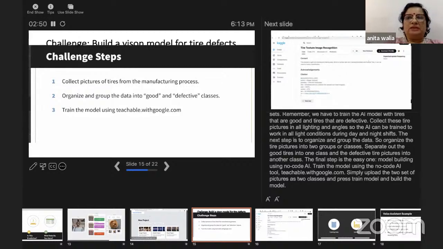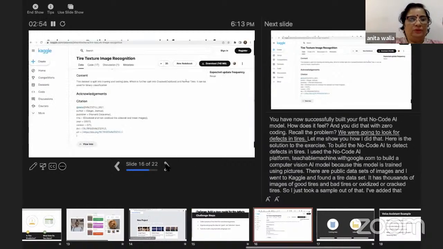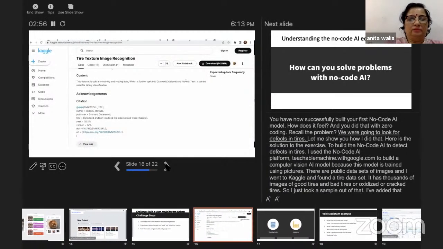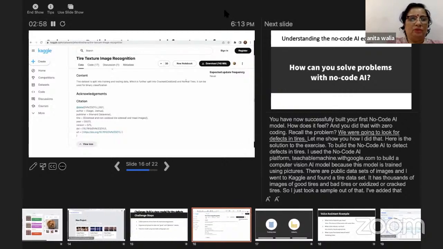So there are certain sites which can help you with these data sets. Students, you can make a note of it. There's a site called Kaggle. I will take you through that site. This is a Kaggle site where you can search for a whole set of data, especially image data, right? And this data set you can download and upload on the Teachable